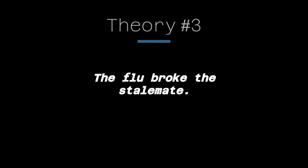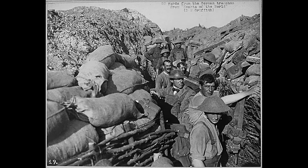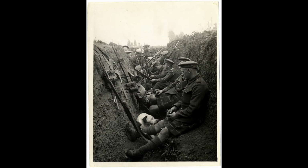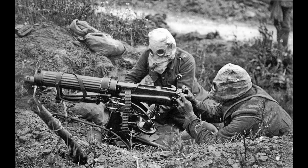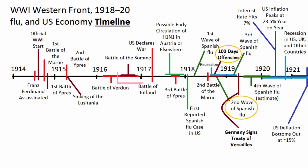Theory number 3 from yours truly. The flu broke the stalemate. Prior to 1918, the Western Front was in a virtual stalemate. The nature of trench warfare made defensive battle tactics relatively effective, while offensive maneuvers were difficult. One reason for this was the trenches. They were huge fortified defensive structures. Also, the newly invented machine guns allowed soldiers to fire indiscriminately at anyone advancing from the other side. No precise aim necessary. World War I was a war of attrition,